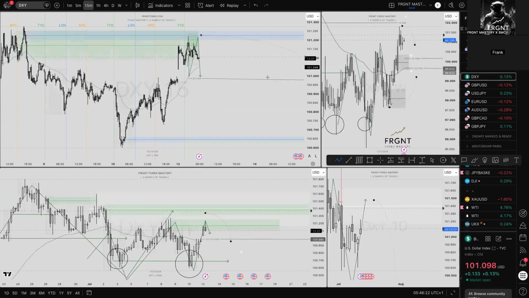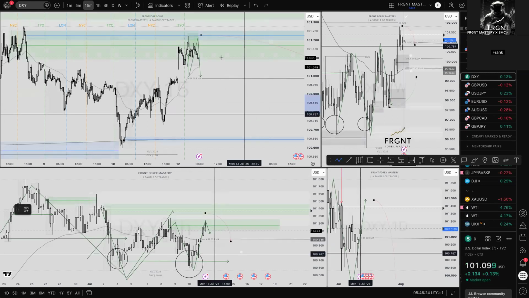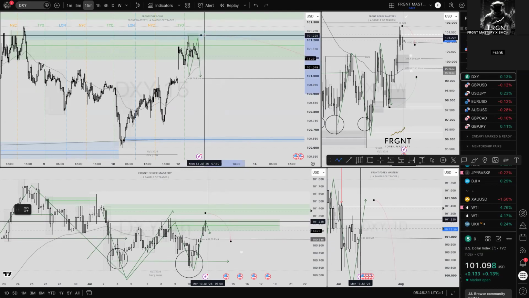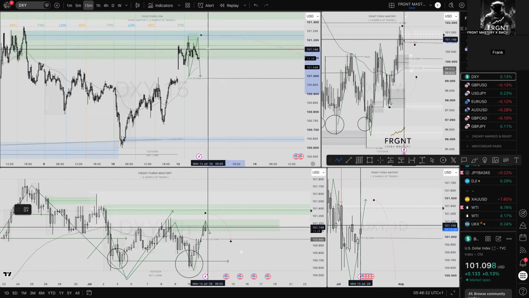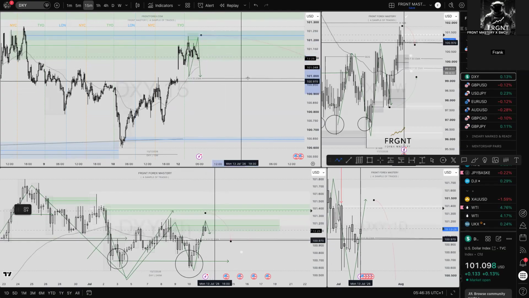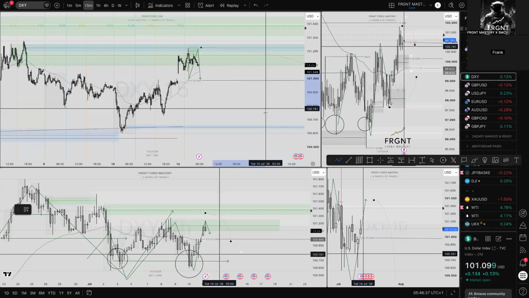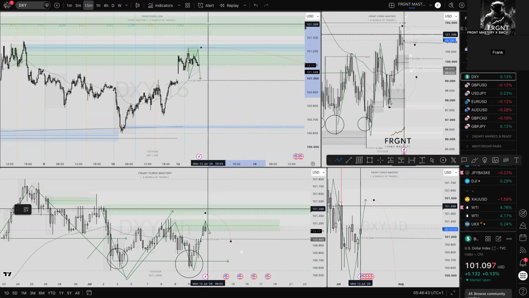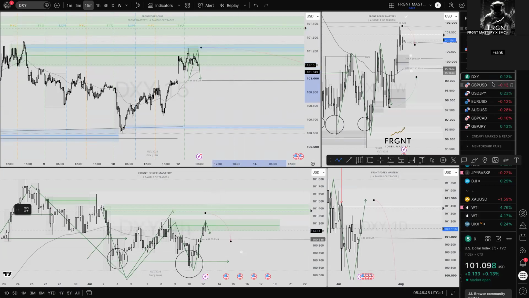The DXY, there are two areas where the DXY could move higher. I could be taken out of this trade break even and price just returns back up into this 15-minute order block. There's nothing left available there, probably on the lower time frames. Or if the DXY wants to move even further, it could be into this 4-hour order block. Then I'll be waiting for my confirmation break of structure and I'll take the position.